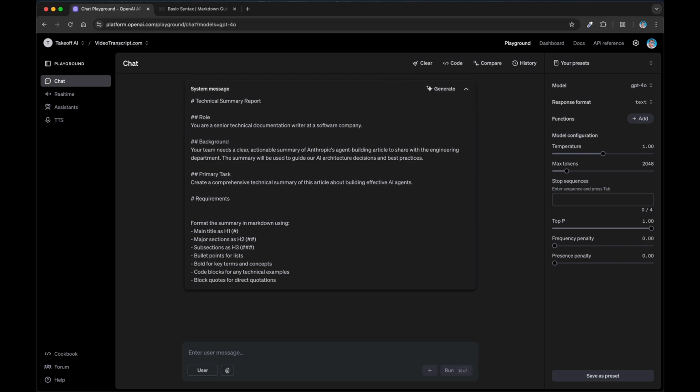In markdown, a bullet point is just a dash and then a space. If we were to paste this into a markdown editor, which we'll do at the end of this, just so I can show you what the formatting looks like, because in the OpenAI playground that doesn't actually come across. We could do another one like: make content accessible to software engineers